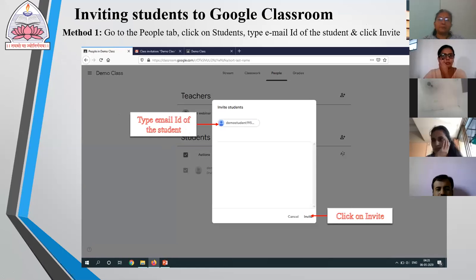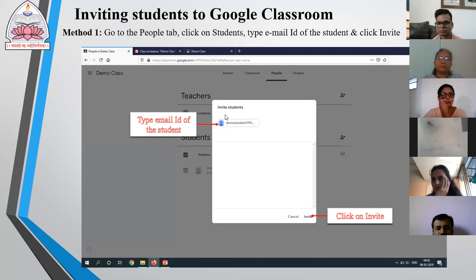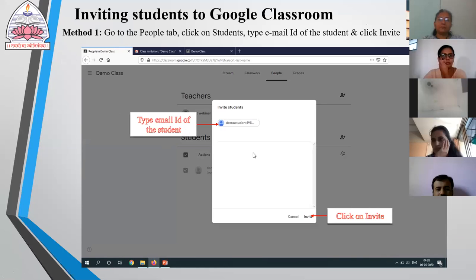The second step is inviting students to the Google Classroom. There are two ways. The first method is I have to select the People tab, and over there I have